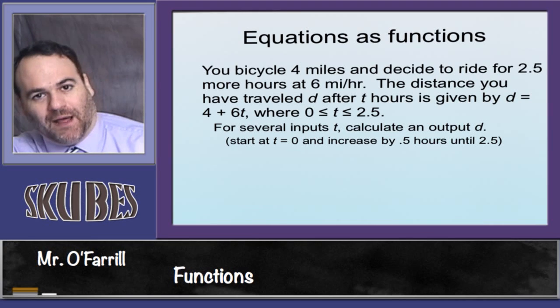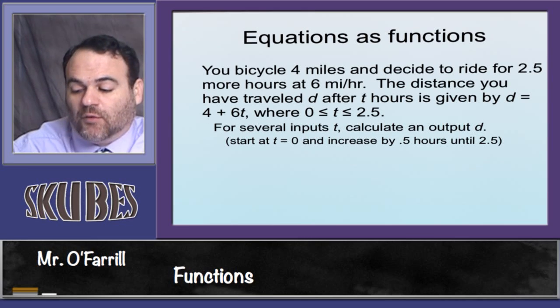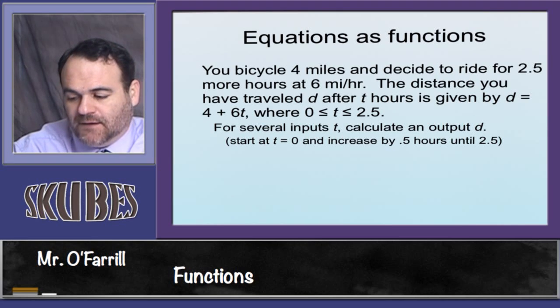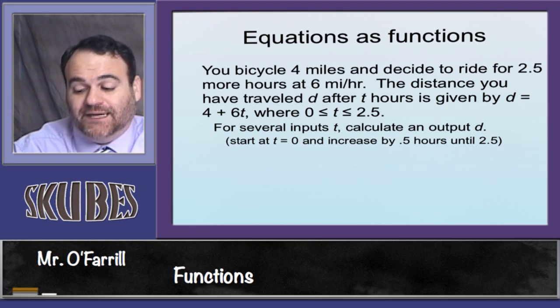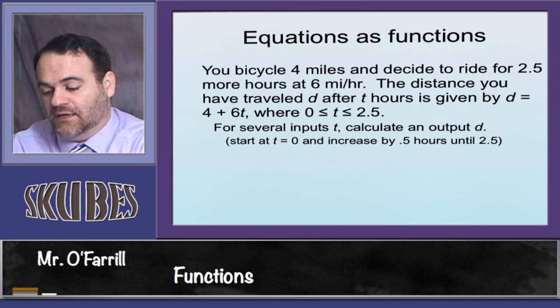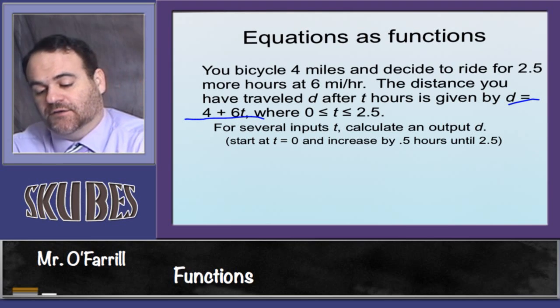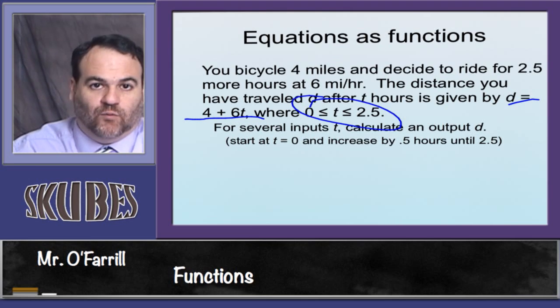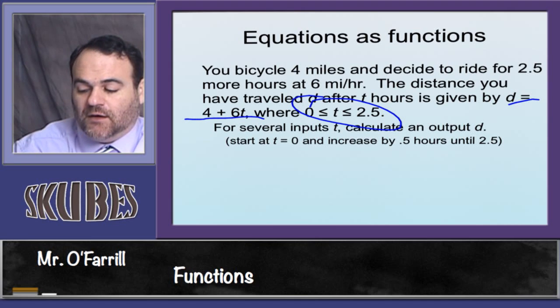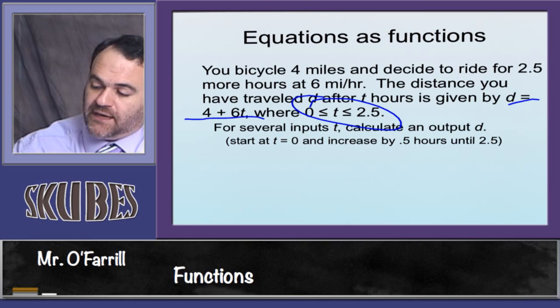And since this is math, let's bring it back to some equations here. You can have equations as your functions. In this case, you bicycle 4 miles and decide to ride for 2.5 more at 6 miles per hour. The distance you have traveled, D for distance, after T hours is given by this equation. D equals 4 plus 6T. And then here's the restrictions on what types of things you can put in to this equation. But let's just create a table. I already have one ready